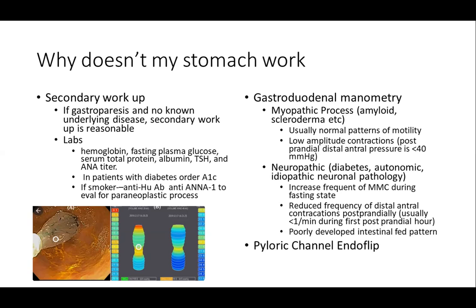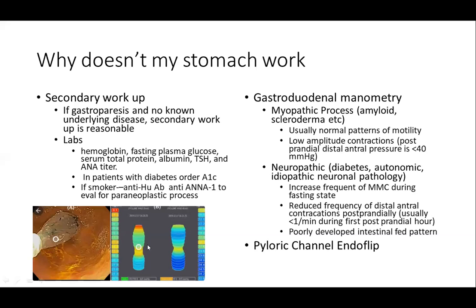The picture that's here, I don't know if you guys have ever heard of FLIP technology before. This is an emerging GI technology where you can actually measure pressure. You essentially inflate a balloon and it measures the pressure and squeeze. We do this in the esophagus, but you can also do it at the pyloric channel. This colored picture here will actually show the different strength and pressure that you'll get.